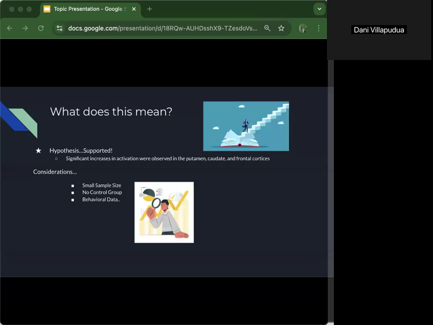So they highlight that increased brain activation during tasks involving decision-making, reward, and punishment feedback correlated with better attention and reduced ADHD symptoms. For instance, greater frontal cortex activation suggests that LDX helps with sustained attention, which is a core ADHD challenge. So some considerations to take into account was that the authors had a small sample size,